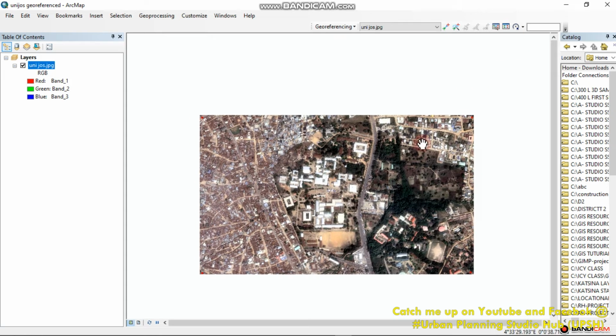Okay, you can actually rotate this image. When you come here, you can decide to rotate. I don't want us to tamper with it. Don't tamper with it, just leave it the way it is. Now there's something we need to do again. What we need to do now is we have to go back to our